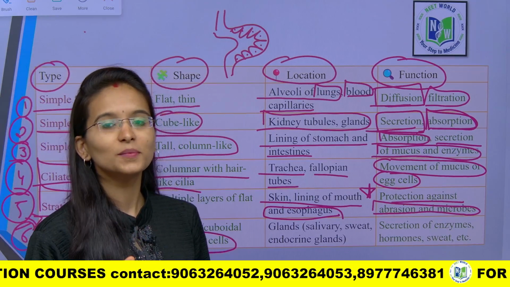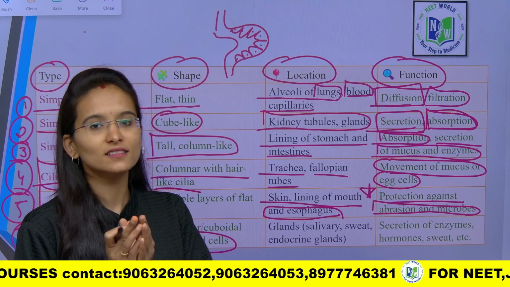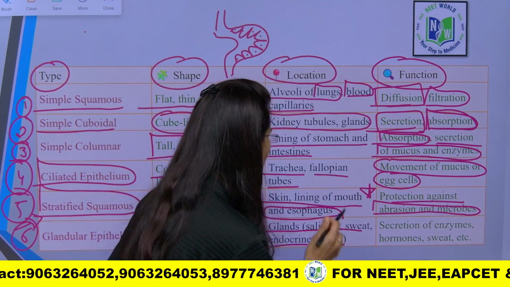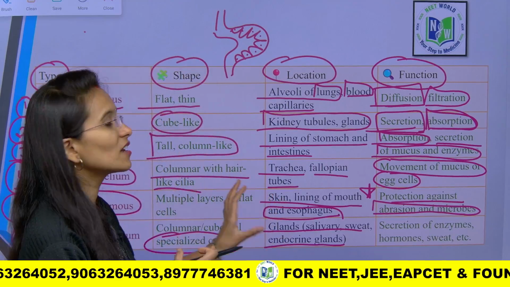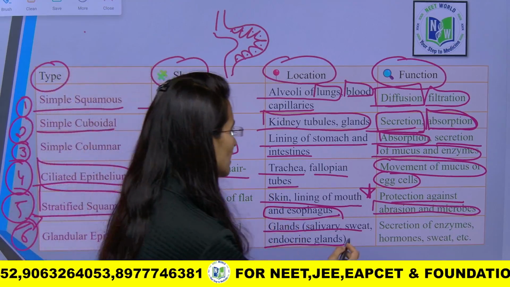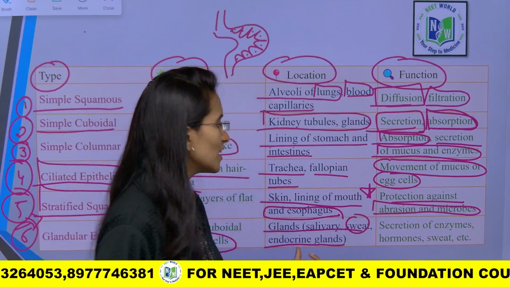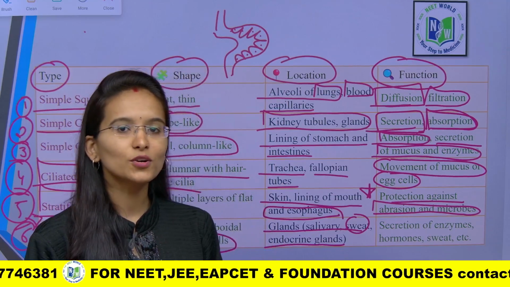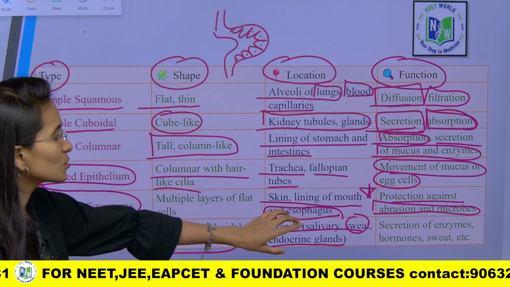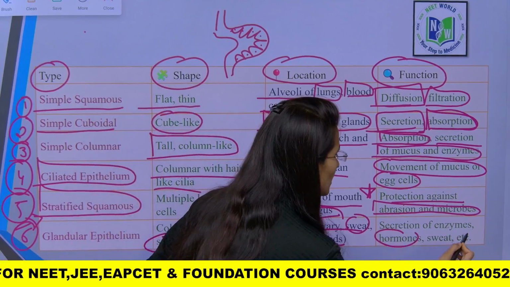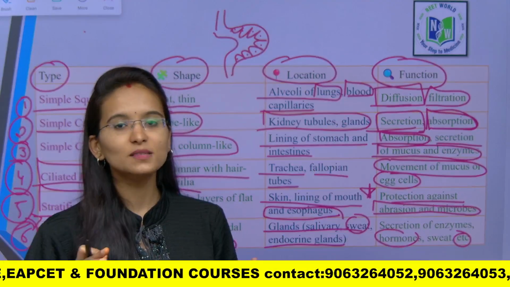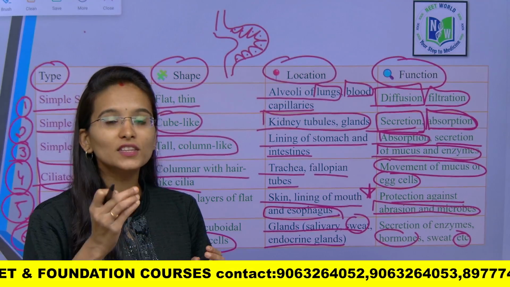The glandular epithelium is composed of cube-like cells. When we see the location, we can see this glandular epithelium in the salivary glands, sweat glands, and endocrine glands. Its main function is to secrete hormones and sweat, etc. So some secretions are going to be produced from this particular epithelium, with the help of the